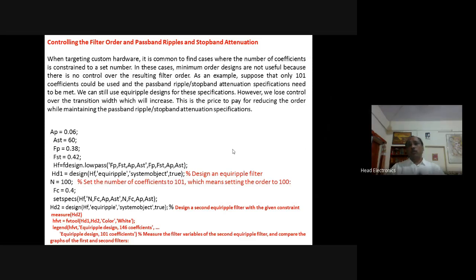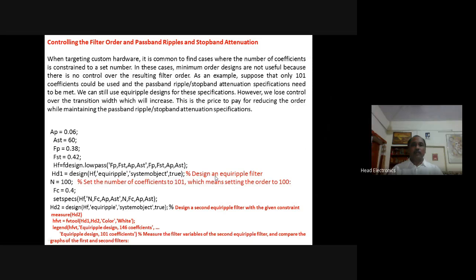If we want to control the filter order while maintaining the same transition band, then we have to make a compromise on the pass band ripples and the stop band attenuation performance.